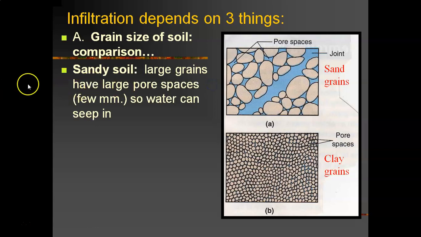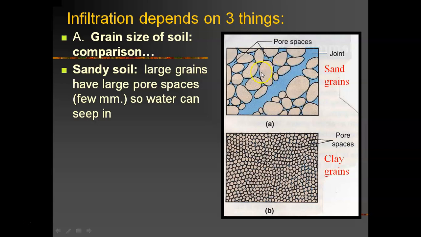And so let's just imagine you've got a really sandy soil. Now, in terms of grain sizes, sand is relatively large. Meaning if let's say you go to the beach, you can actually pick up a handful of sand and you can actually see an individual sand grain. It's a couple millimeters in diameter. And so this top diagram is kind of representing sand. Right? There's a joint there you don't really need to worry about. But so they've enlarged sand grains like 1,000,000 times, right?